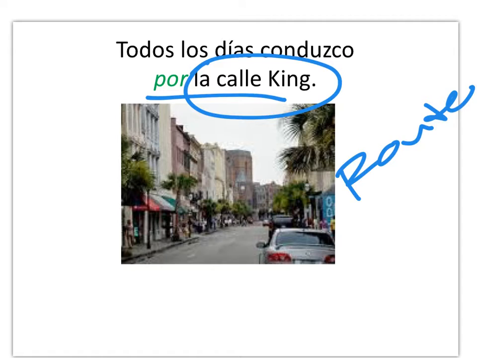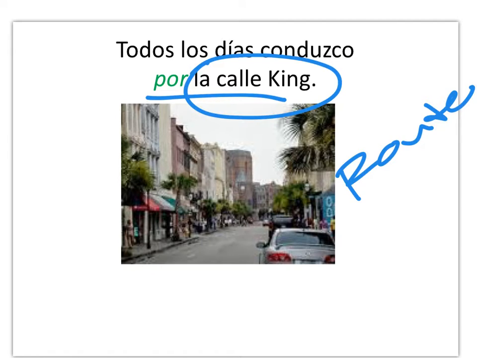Por ejemplo, yo soy de Kentucky. Y para ir a Kentucky, yo conduzco por North Carolina y Tennessee. Okay? That's not where I'm going, but those are the states I have to drive through to get there. No? Conduzco por North Carolina y Tennessee. Or para ir a Mount Pleasant, conducimos por el Puente Ravenel. Or para ir a Folly Beach, conducimos por James Island. No? So por is used with route, and we'll talk about para later.